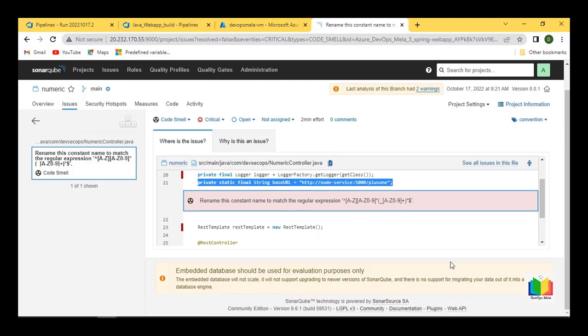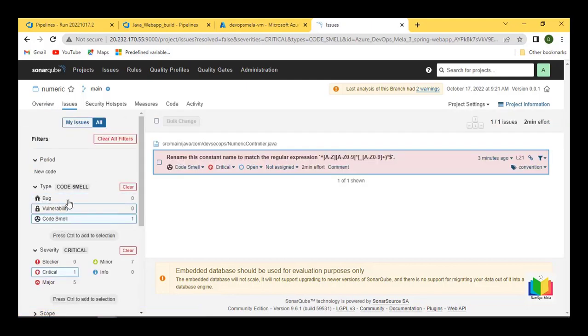Rename the constant to match the regular expression. Okay, because we have hard-coded things, it is asking you to make use of a regular expression. That is marked as a critical code smell issue. That is marked as issues at the top. If I go back to the overview screen, if I go back to the